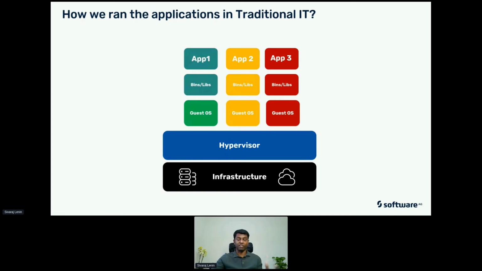Yes, it did all work at some point in time. It was delivering the promise, but think about the overhead. If this application is too small, this is a huge overhead, and multiply it by the number of small applications that you have to host in an isolated fashion, you have a huge overhead here. Now,